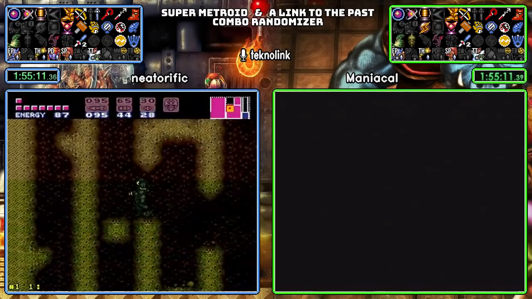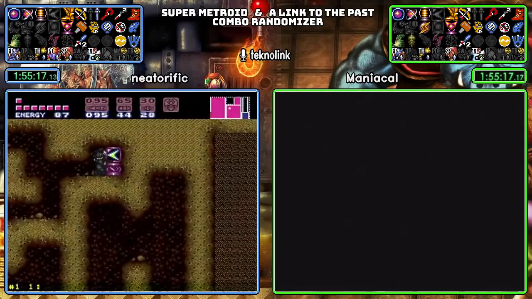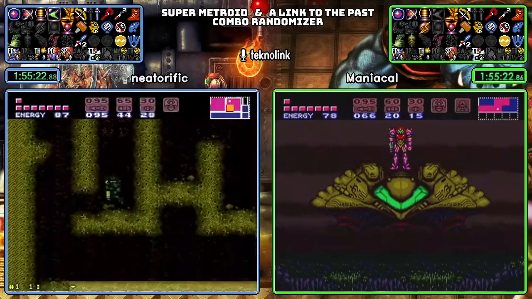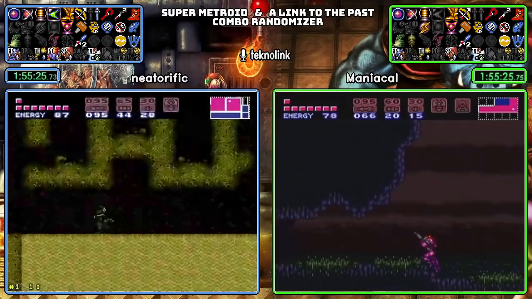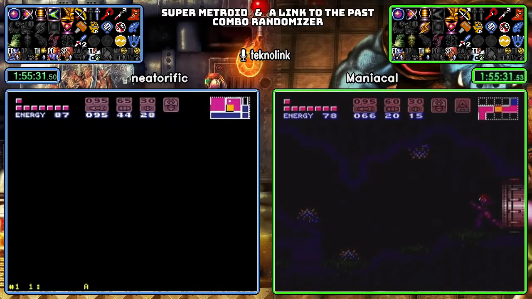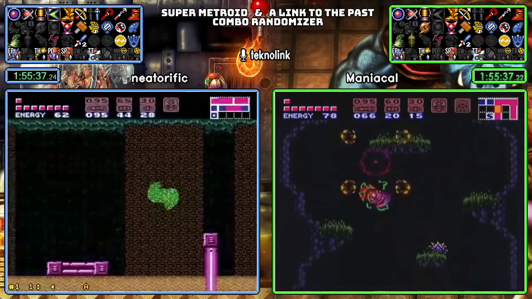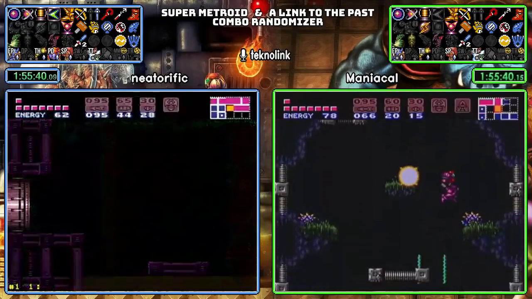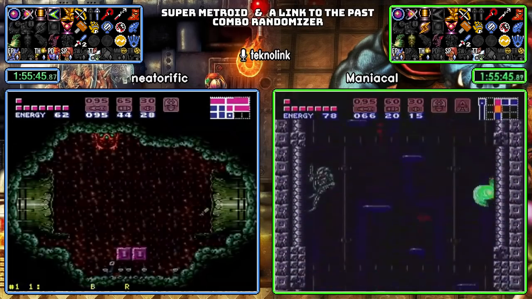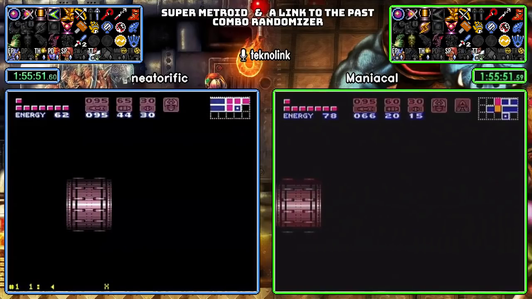Reserve tank and speed booster in sandpits. Oh boy. Oh boy, let's go. Press B to go very, very fast. Or in this case X. So speed opens up. Let's see, it opens up, if you want to go to Dragon from here, that's what opened up for speed. Speed booster. Now Maniacal dropping down